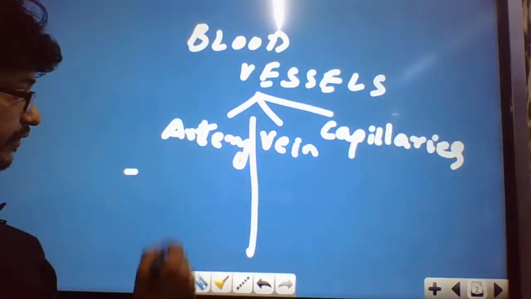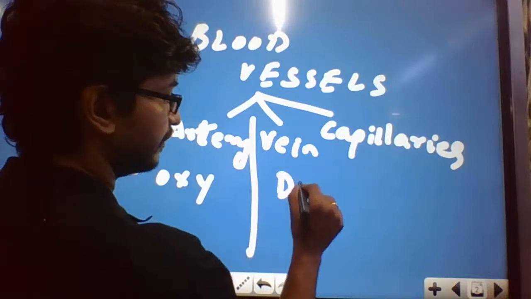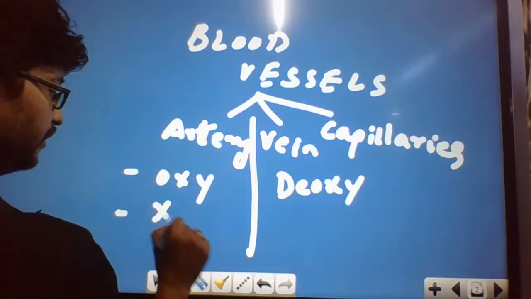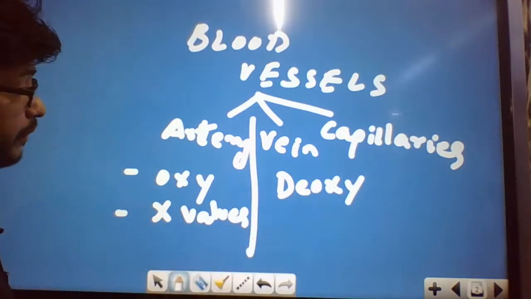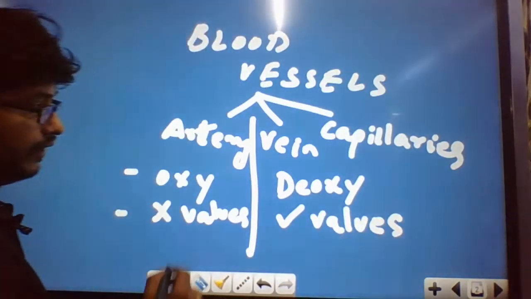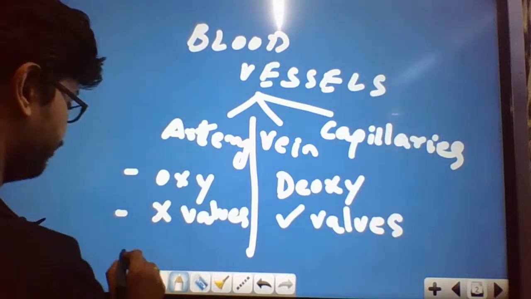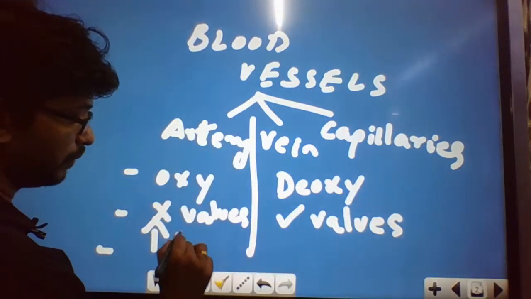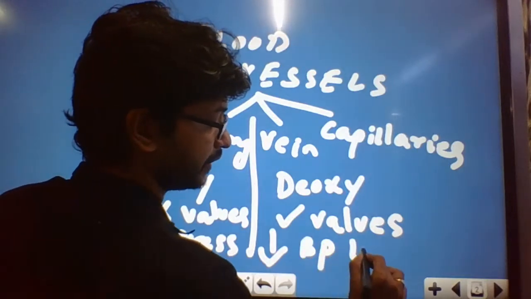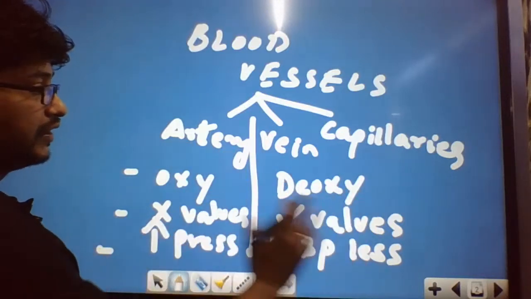When you come to the artery, it mainly transfers oxygenated blood, whereas a vein transfers deoxygenated blood. Arteries have no valves present, whereas in veins you can see the presence of valves inside. And the third main difference between arteries and veins is the blood pressure. In arteries, the blood pressure is more, but in veins the blood pressure is comparatively less. So these are the main differences that you can talk about between arteries and veins,